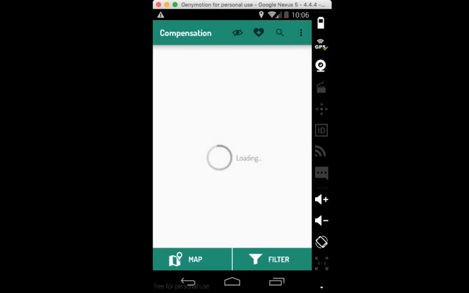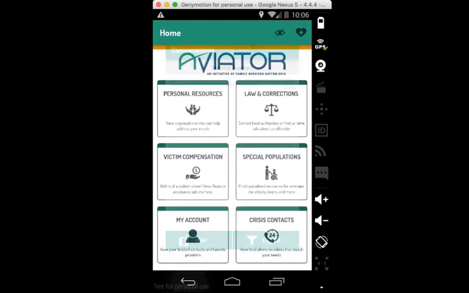On the victim compensation side, right now it's just one general support service provider, but again, I can map it, I can list it, I can do filters, and so on and so forth. Under special populations,